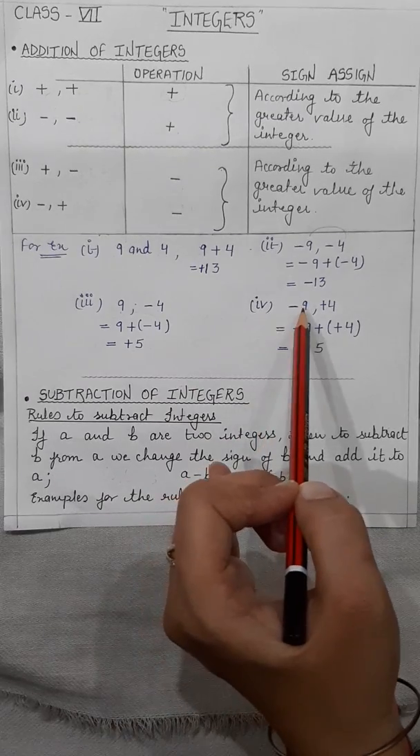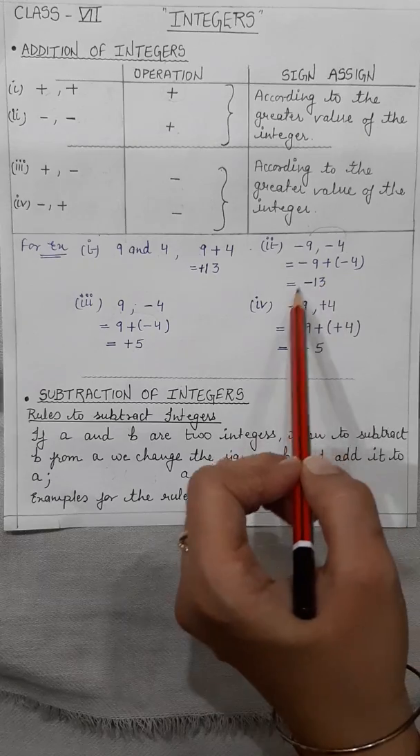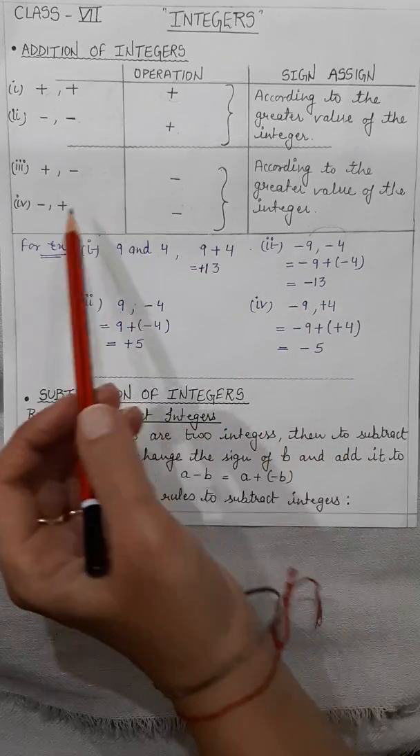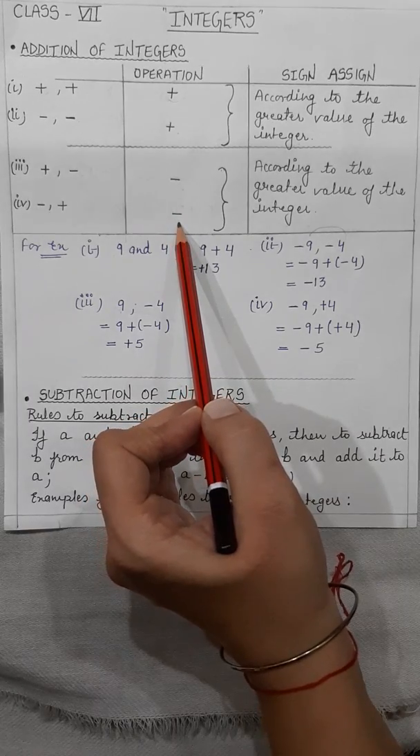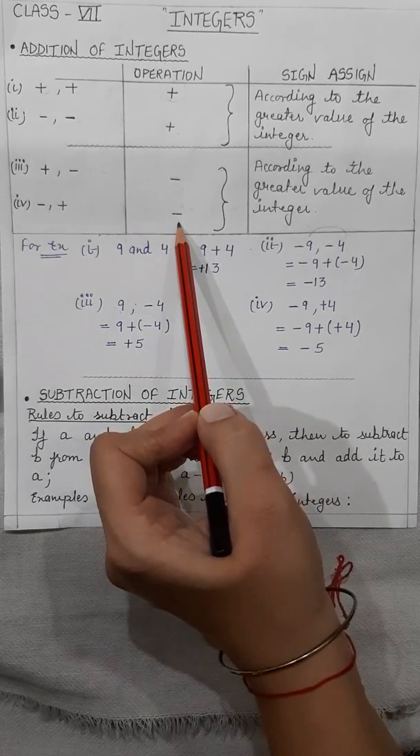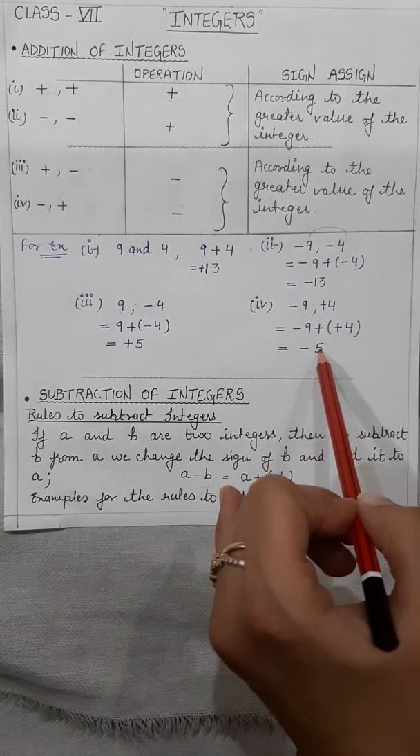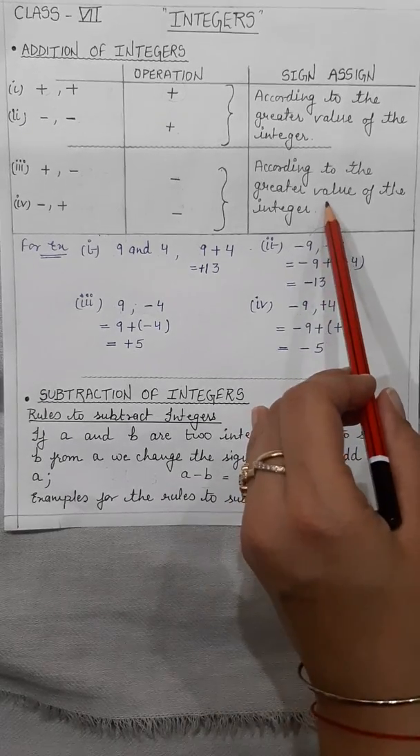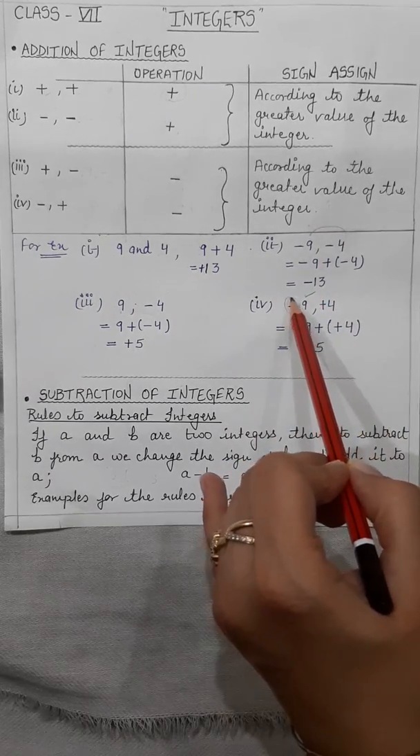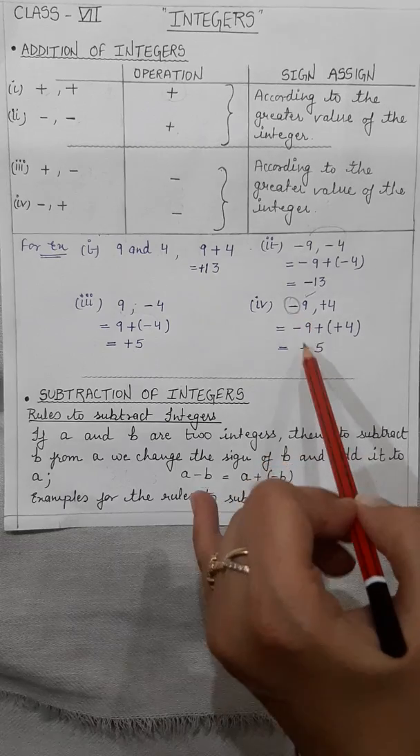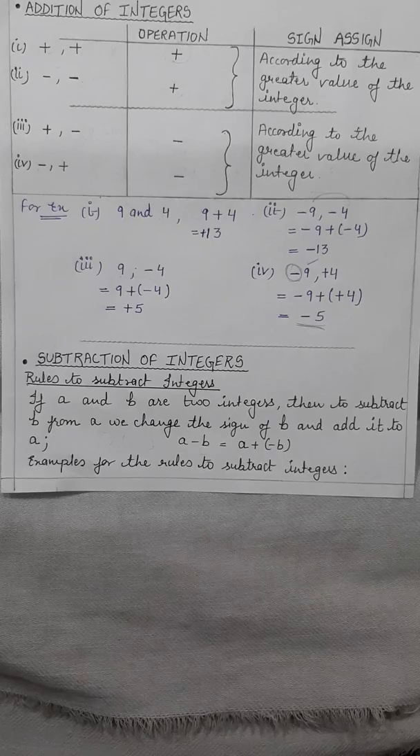In the fourth part, I have taken minus 9 and plus 4. If you add these two integers, both signs are different. So the operation should be subtraction. You have to subtract the numbers. 9 minus 4 is 5 and assign the sign according to the greater value. Here 9 is greater and the sign in front of 9 is minus. So answer will be minus 5. Is it clear? Next